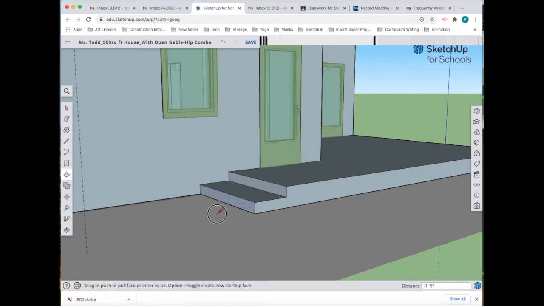I'm going to pull this one out maybe 1 foot to start, and we'll see how that looks. This step is considered the rise and run of the stair. The rise is the inches that the stair goes up, and the run is the width of the tread of the stair. In other words, the area that you put your foot on in order to go to the next step. This is a very comfortable